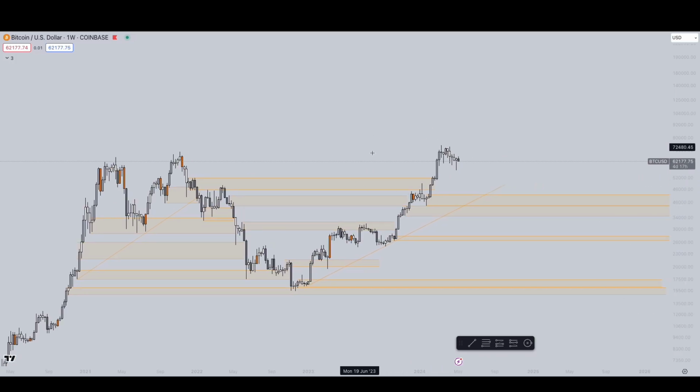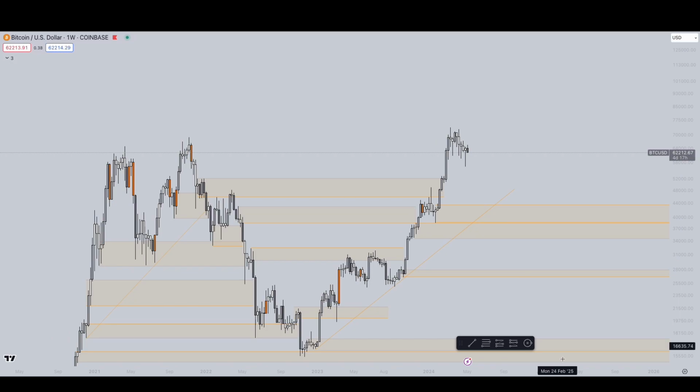Now, if you look at the Bitcoin chart overall, what we can see is that we had some supply zones in here and in the lower ends in there. And those were all taken out. We didn't have a supply zone in here, the only valid supply zones were these ones. And those created valid buying zones. So